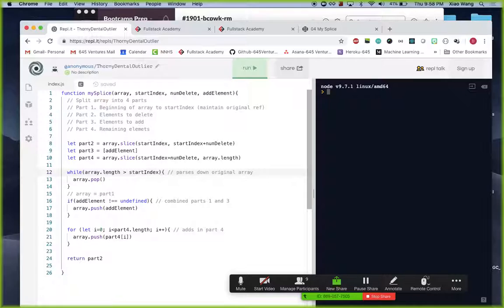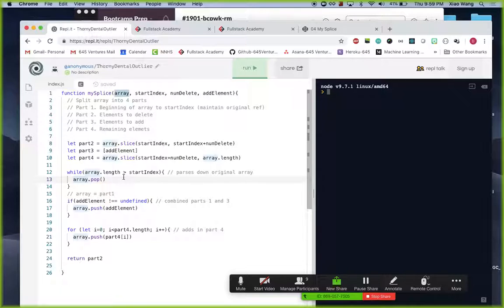So one efficiency I can think of here is that, as I go through this array, I really should be reading and deleting the values in the same step. For example, if I work backwards, when I look at the last element in the array, I should know whether that goes into part 1, 2, 3, or 4. Or I guess just 1, 2, or 4. And I can do a lot of this in my while loop. So while array, so basically while I still have something to delete, instead of just doing